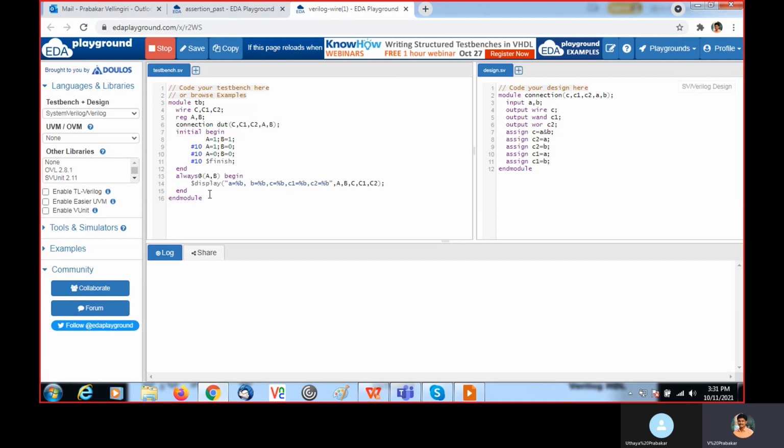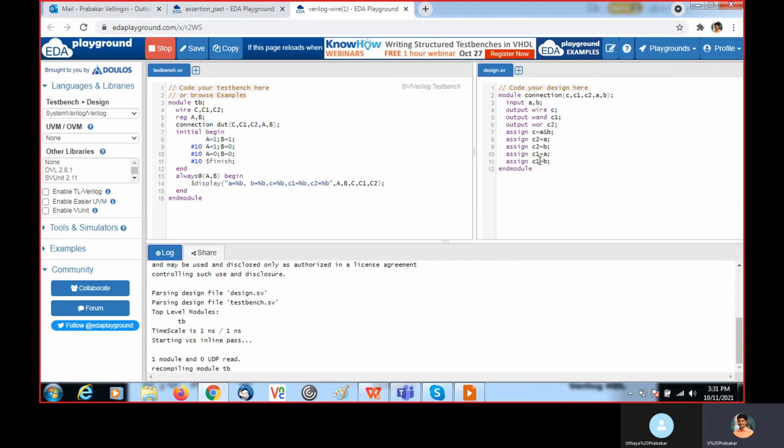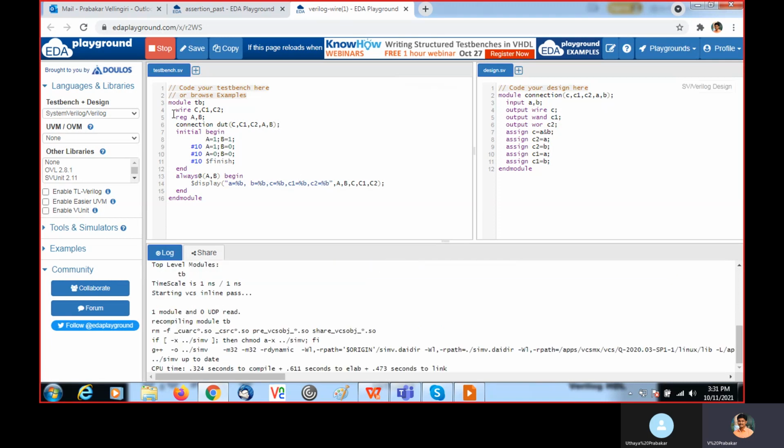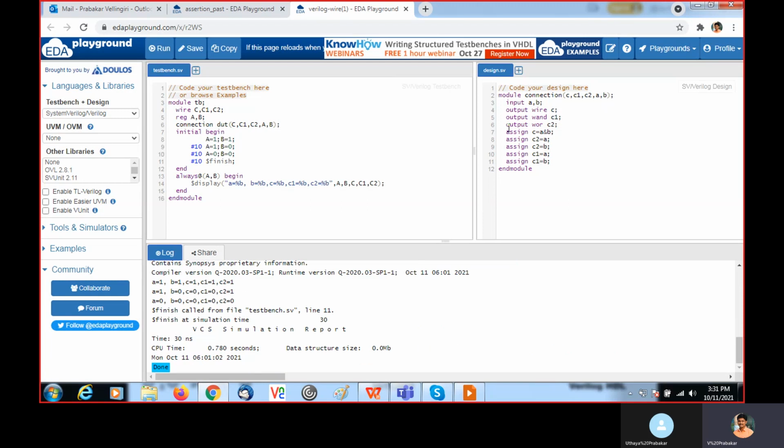Then this is the test bench to verify this design. While writing the test bench, this is the top. Test bench is on top of the design. You just mention the module name, that's enough. No need to pass any port list or mention the ports here. Just write module name, endmodule. Within that, you need to declare